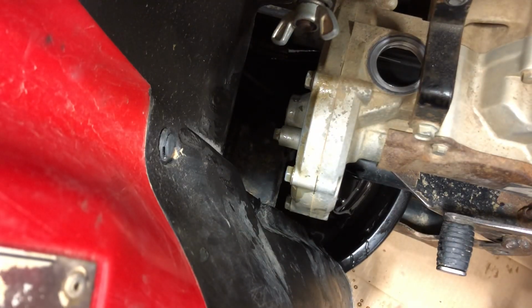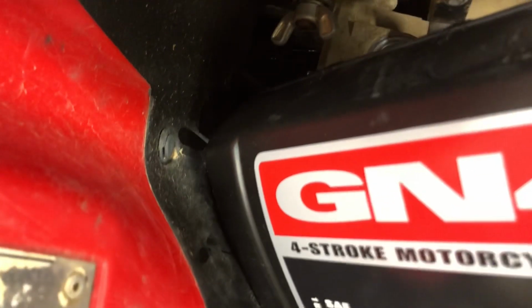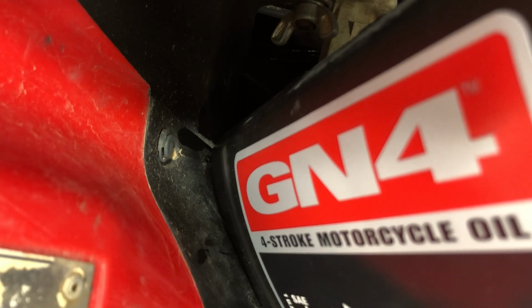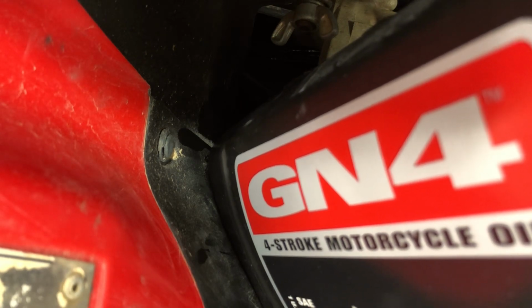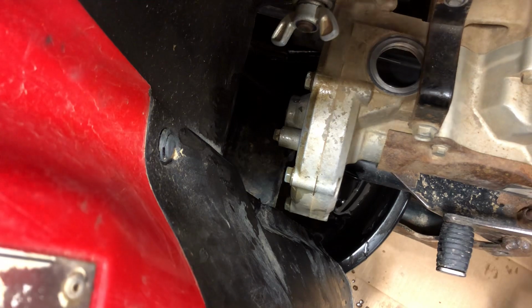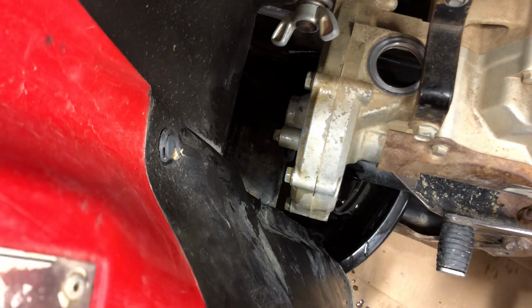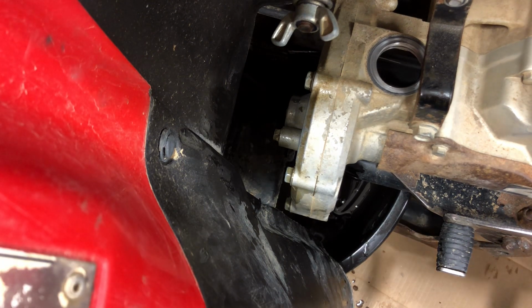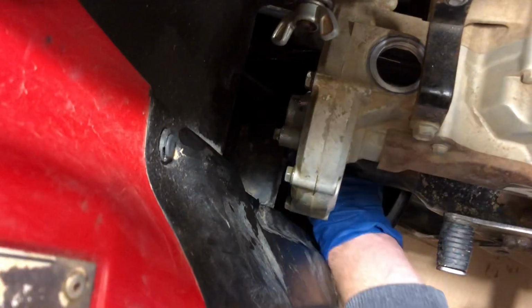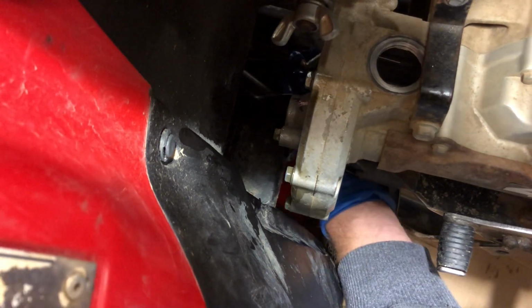Now, I want to show you the oil I'm using. It's Honda 4-stroke GN4 motor oil. It's just what Honda recommends. It's a 10W-40 oil, and it's got additives in there specifically for ATV. So if you're thinking, oh, I've got some other 10W-40 oil, I can just throw that in there, Honda specifically recommends that, and honestly any of your ATV manufacturers recommend using an oil specific for